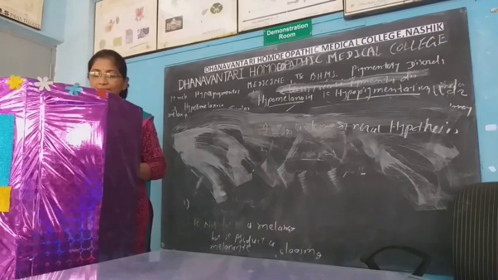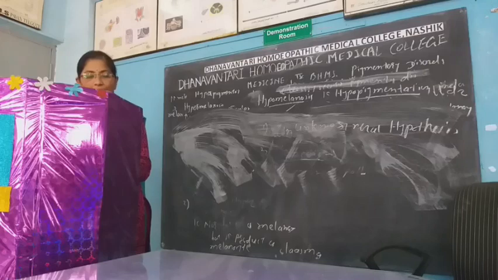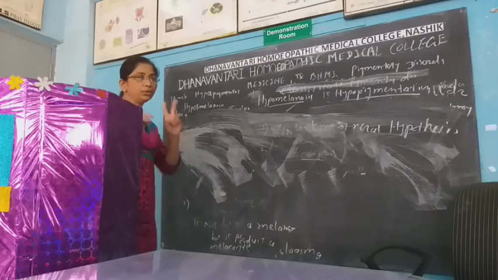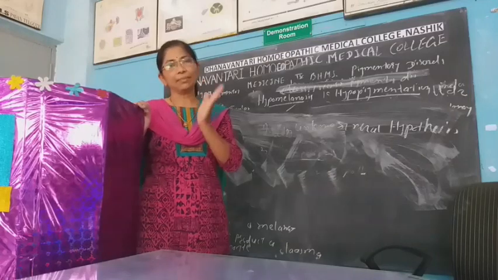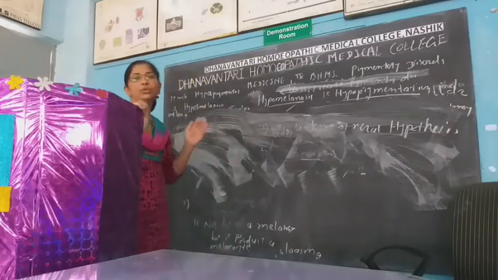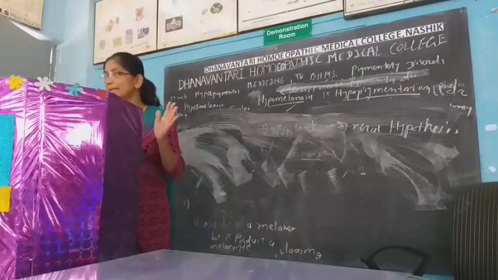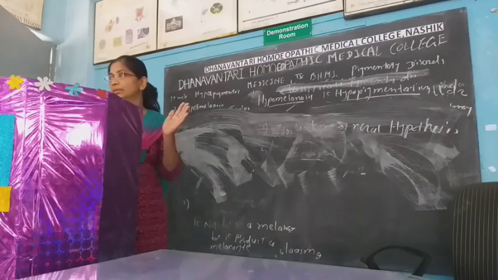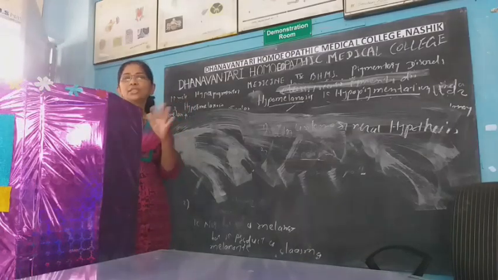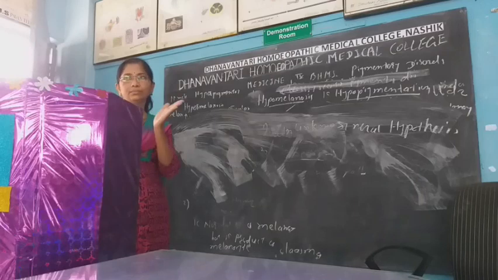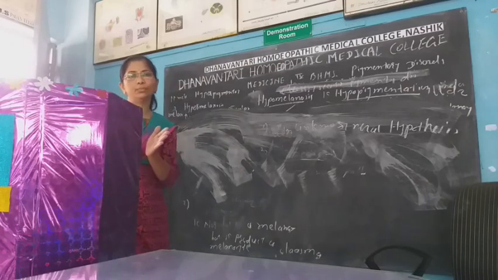Segmental vitiligo is restricted to one part of the body, but this is not always necessary. Segmental vitiligo is always restricted to one part, so we see two types, generalized and segmental. Segmental is restricted to only one part of the body, and generalized is present on both sides of the body, on similar sites on both sides. Okay.